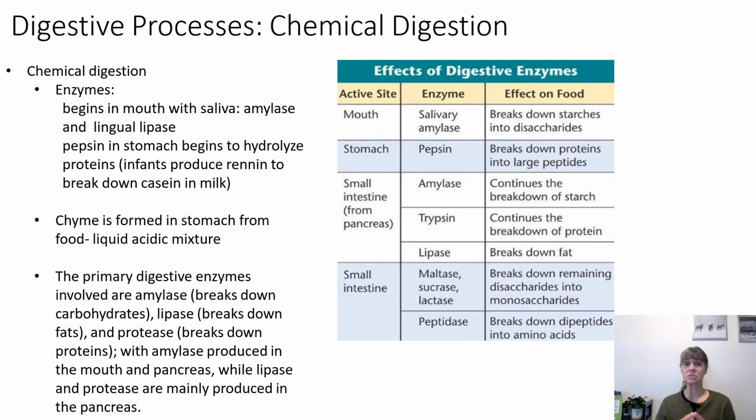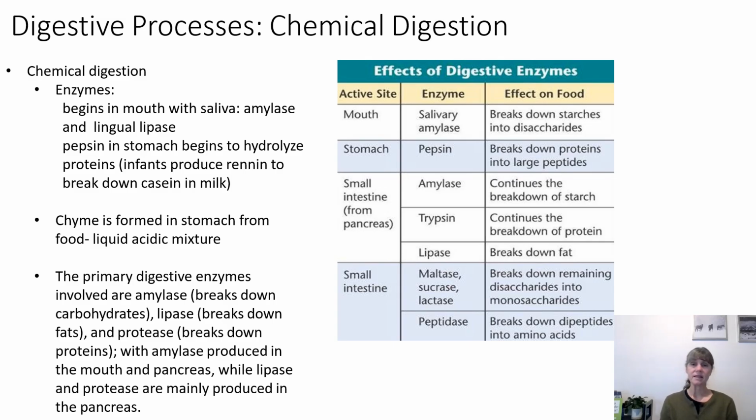However, infants produce a different enzyme. They produce renin to help break down casein in milk. When the bolus reaches the stomach, it starts to mix with the hydrochloric acid, forming this liquidy acid mixture known as chyme. And as we said before, the primary digestive enzymes involved are amylase, breaking down carbohydrates, and lipase, breaking down